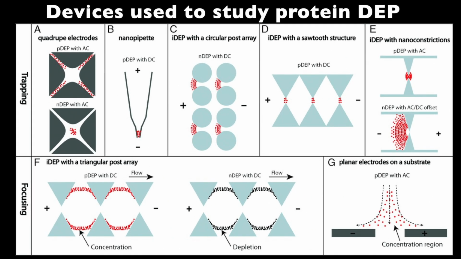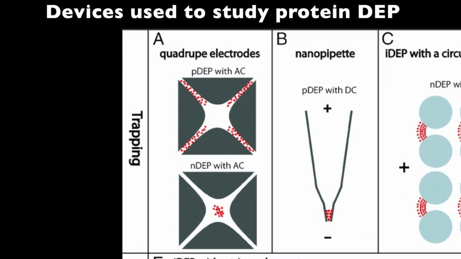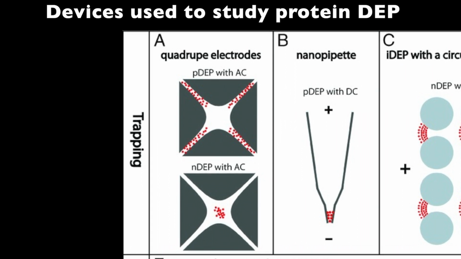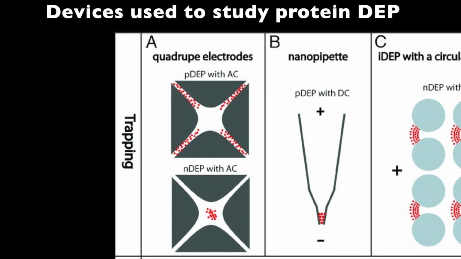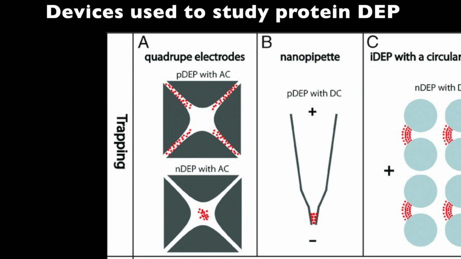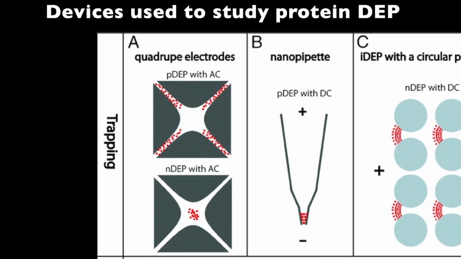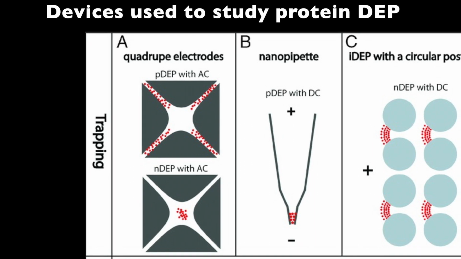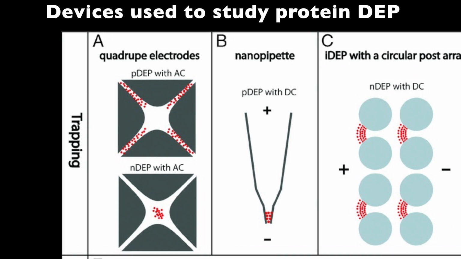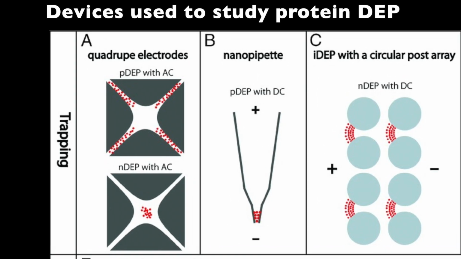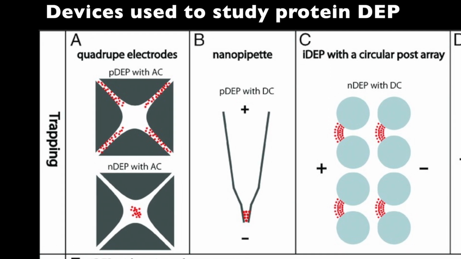So here shows the schematic depiction of experimental devices used to study protein dielectrophoresis. In figure A, it shows the quadrupole electrode geometries utilized to manipulate proteins under AC conditions. So the proteins are trapped due to positive dielectrophoresis in the top image between the electrodes where the electric field gradient is high, or negative dielectrophoresis at the low electric field gradient regions